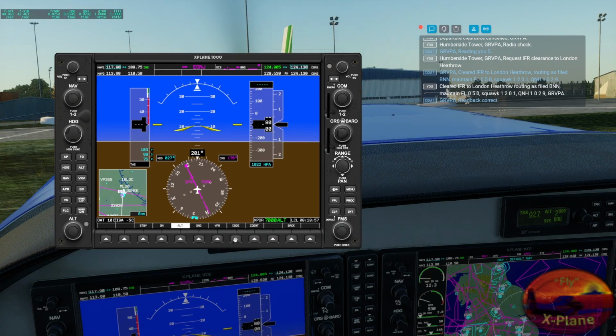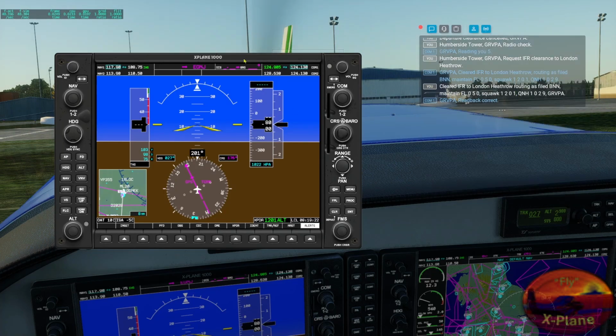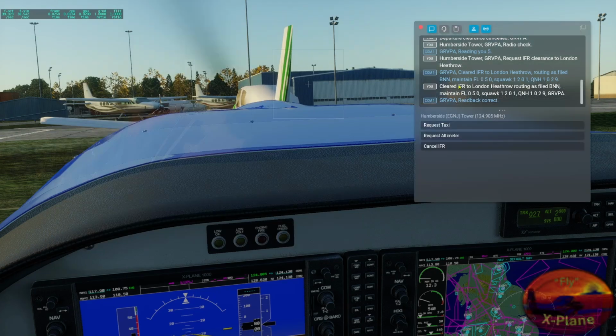So now you would be expected to put 1201 into the transponder, and then once you're all ready, you would request taxi, and then that would take you out. Let's just do